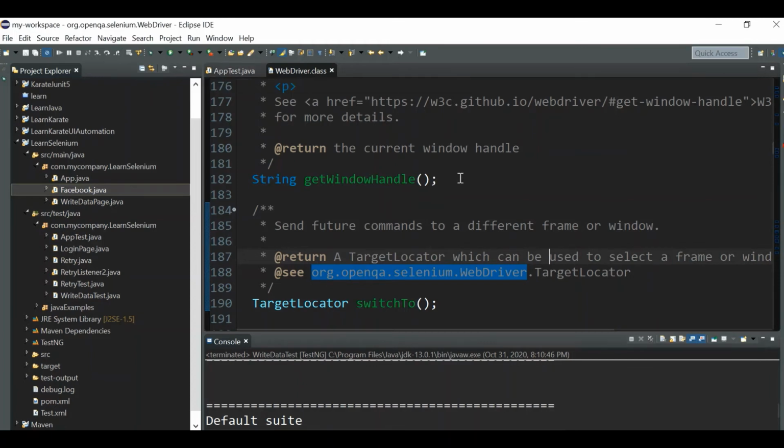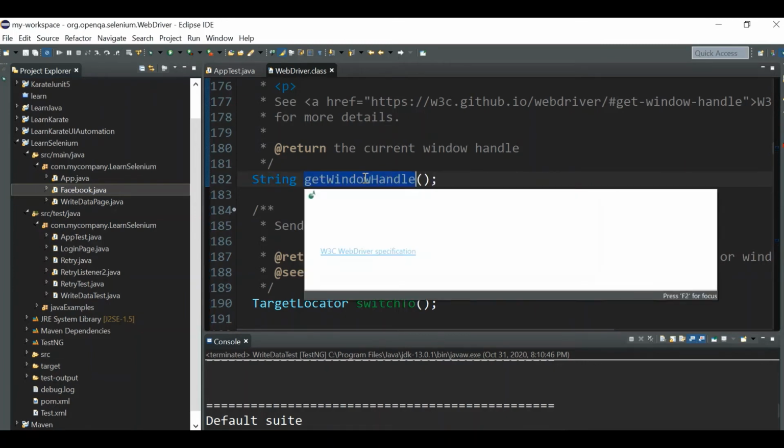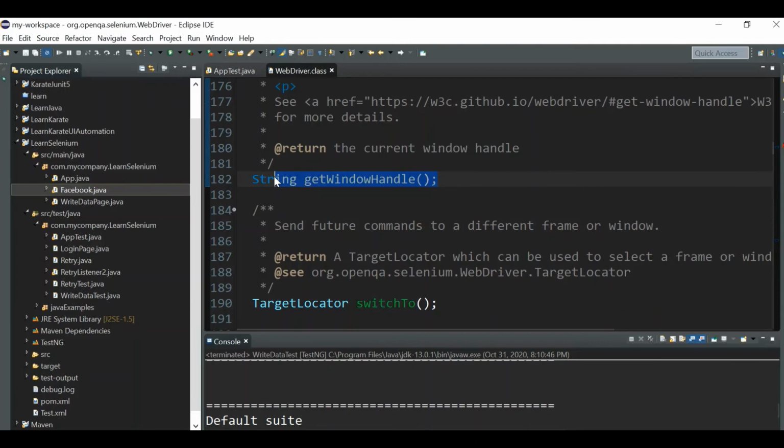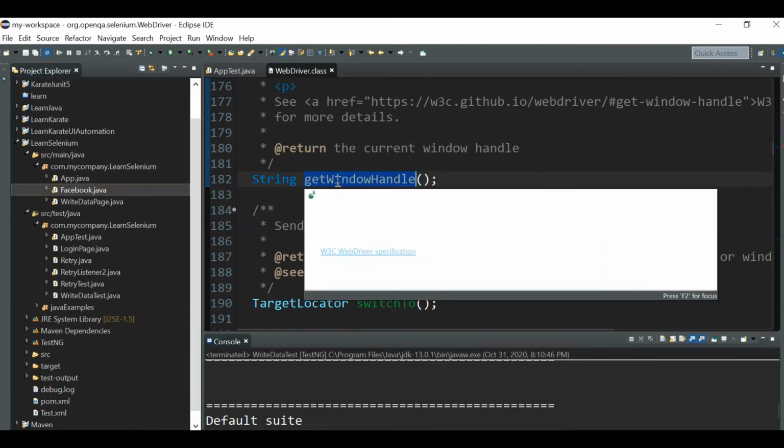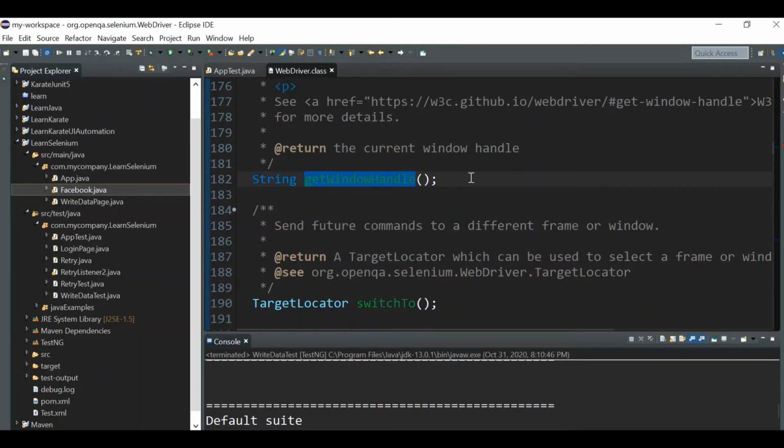So are these methods getting implemented in some other classes? This is getWindowHandle, right? That's a method. For this we should have some body. The body for this particular method is being provided from some other classes. Which classes? Those classes are the Firefox driver and the Chrome driver classes.